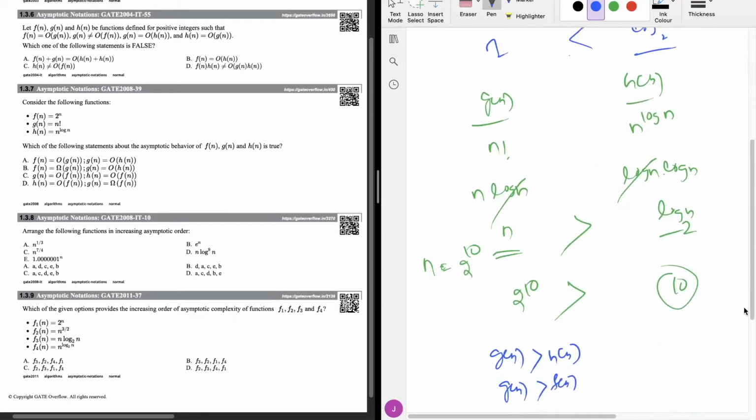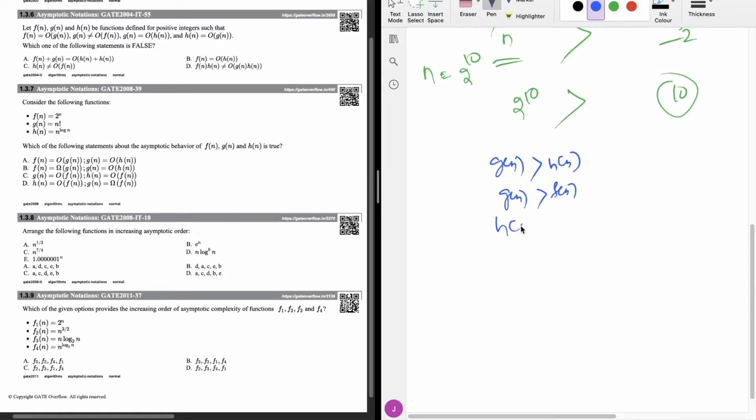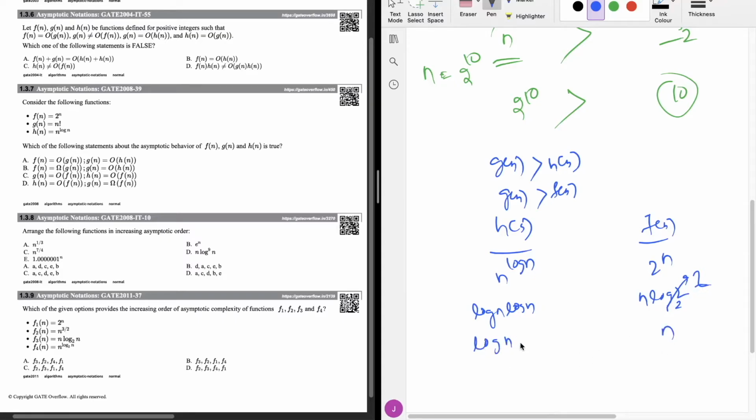Now there is one more dilemma: between h of n and f of n, which one is greater and which one is smaller. Let's do that. I will now be comparing h of n and f of n, right? Here h of n is n power log n, and f of n is 2 power n. Now let's apply logarithm on both sides. I get log n into log n here, because applying logarithm, this exponent term gets multiplied here, and here I will be getting n log 2, right? If the base of the logarithm is 2, then this gets converted to 1. So I am getting here n, and here I am getting log n log n.